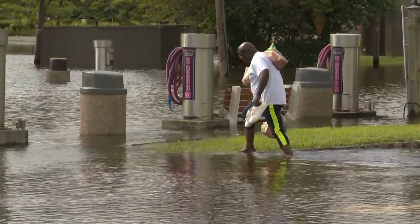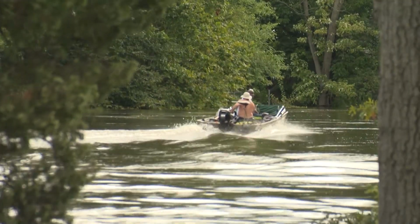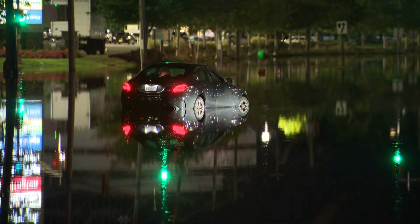He got a few bags full of food, made his way through the flooded parking lot, and headed on back home by boat with his neighbor. Getting back to the driver here at the Willowbrook